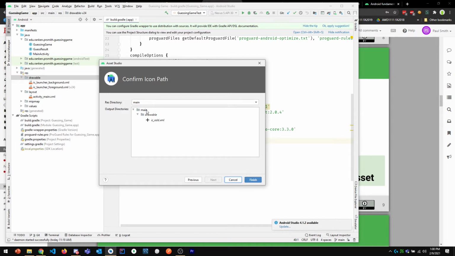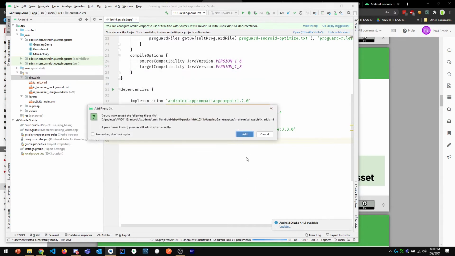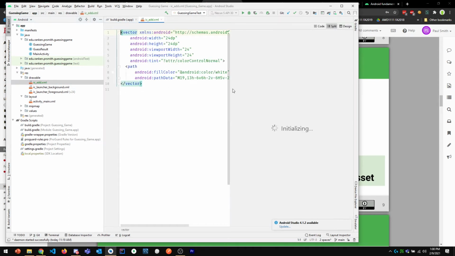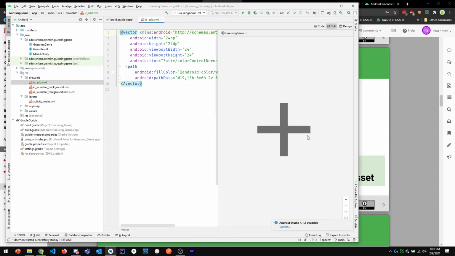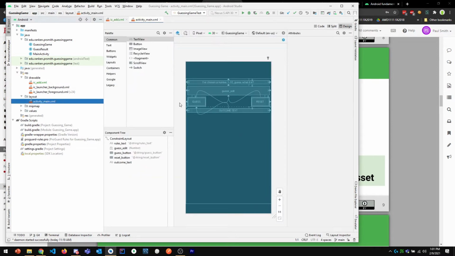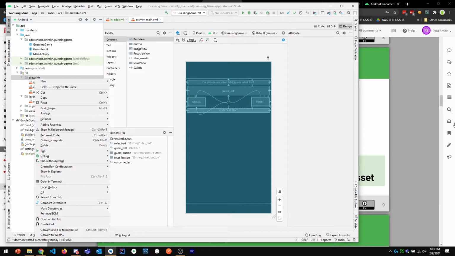So right now we're just starting with what's here. If I look at what that did when I created a vector asset, this is the only file that was added. That's the part to remember: when I create a vector asset, it just adds this XML file. I want to go back to main here, although I probably should have picked another icon, because I didn't pick one that I can really use here. So I'm going to create